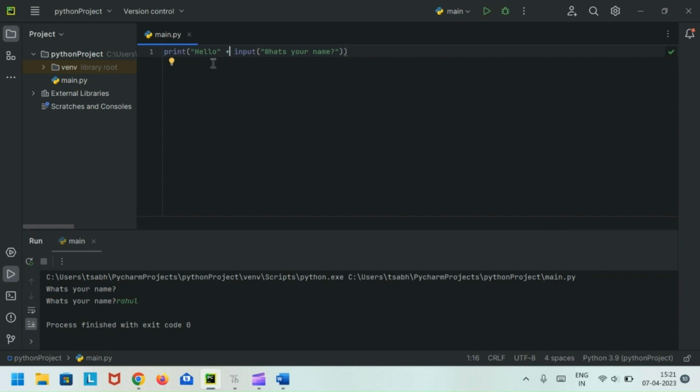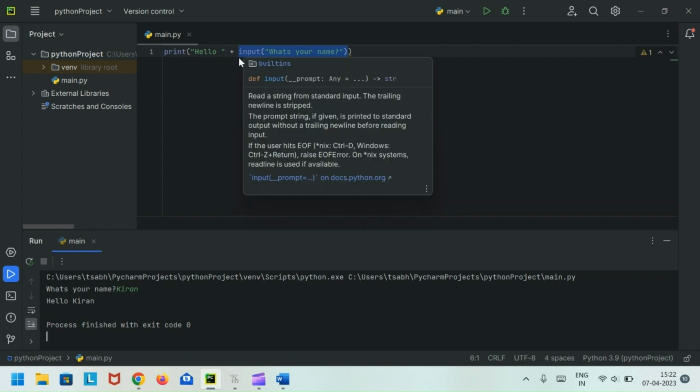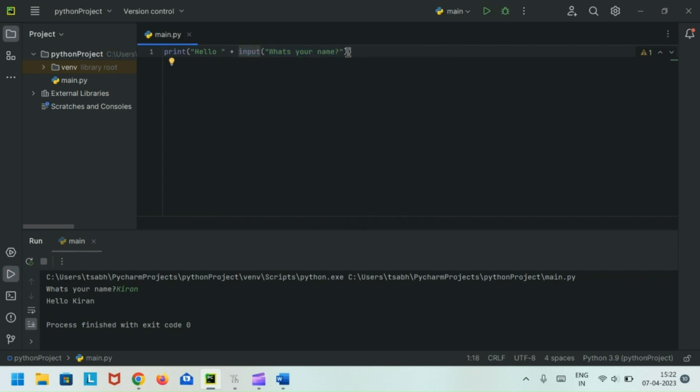Okay, and if I need a space between hello and the name, I need to put a space over here. And if I execute now, first it will execute my input function, so it's waiting for the input. I'll type my name, Kiran. So now once I typed the name, this input is replaced with Kiran,